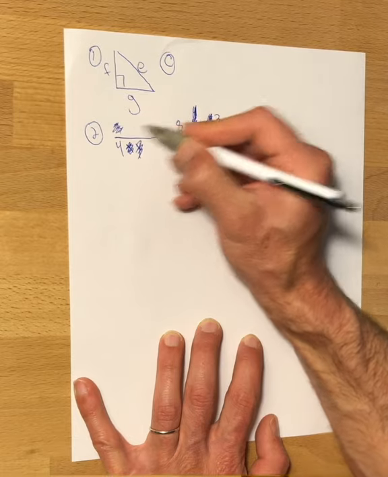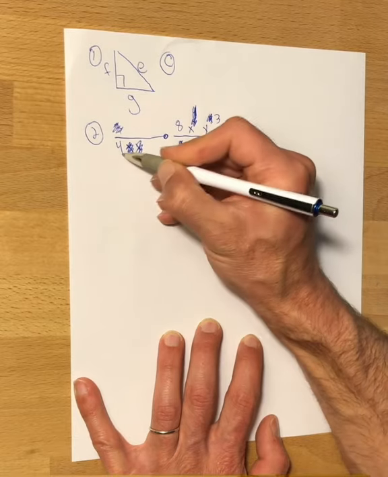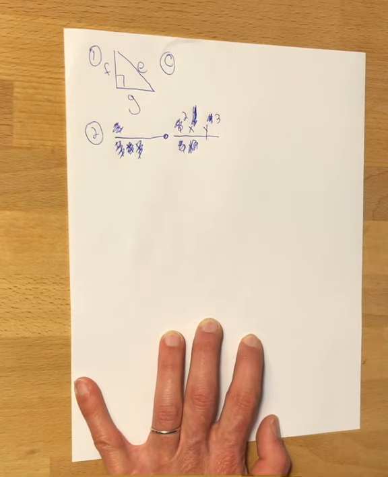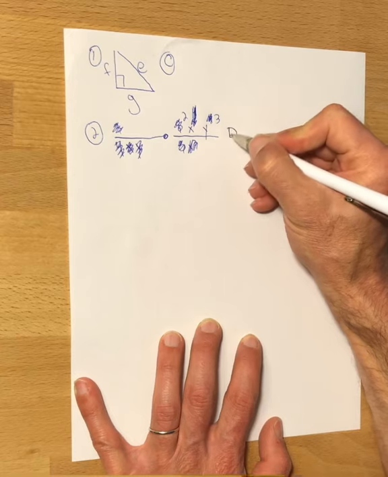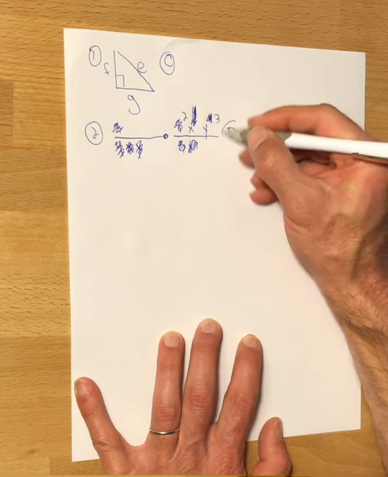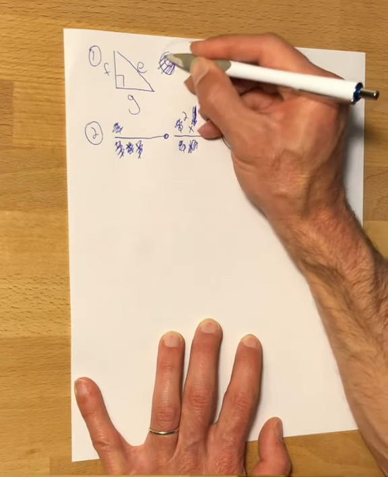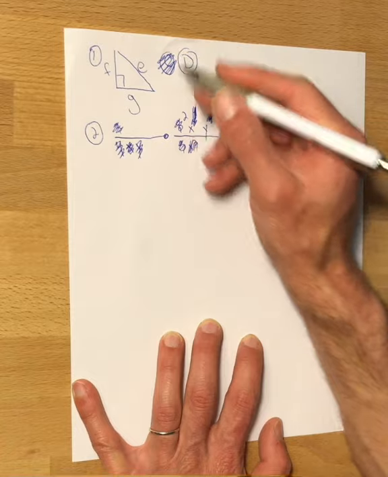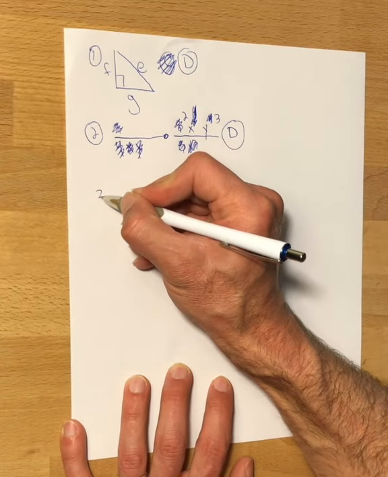I can cancel out these 3's, and I can reduce this by 4 to give me 2xy to the 3rd, which is letter choice D. Sorry, the answer for number 1 was D. It wasn't C. Sorry, it was D. For number 3,